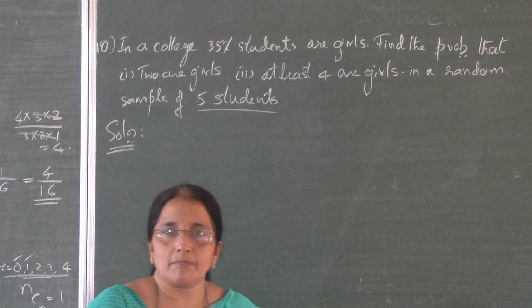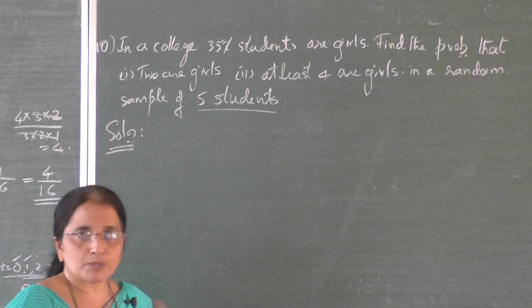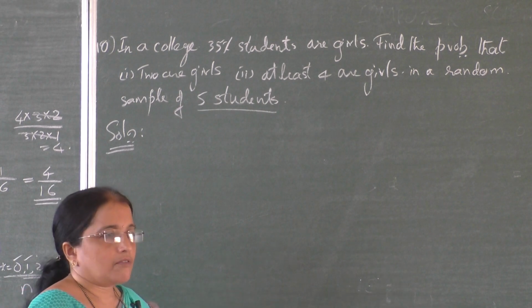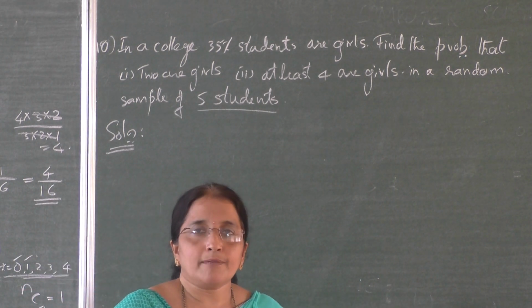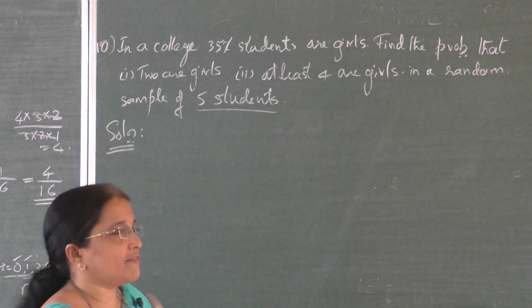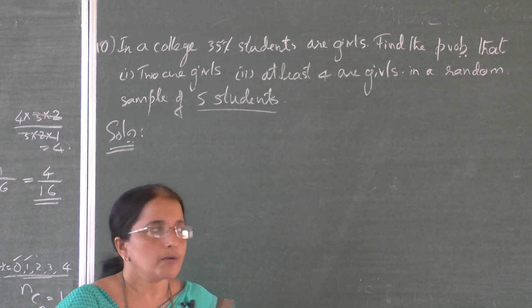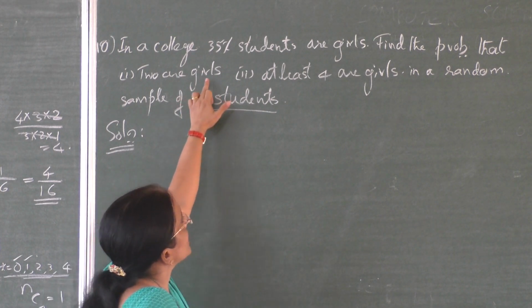Such problems will come under a binomial distribution. So let us start. Here in this random experiment there are 2 outcomes. One is a success and the other is a failure, and it may be either girl or boy. Depending on the problem which we are going to study, we have to define, let x denote either the number of girls or maybe the number of boys. So for that, first look at the questions.